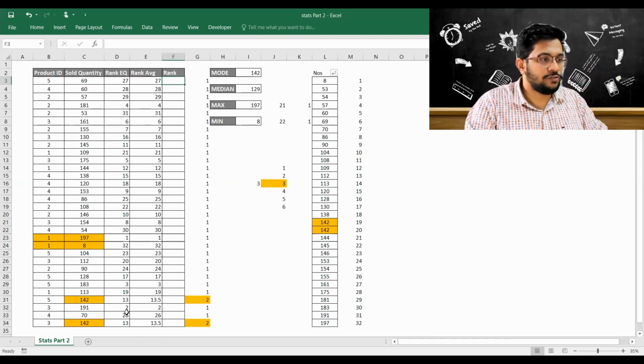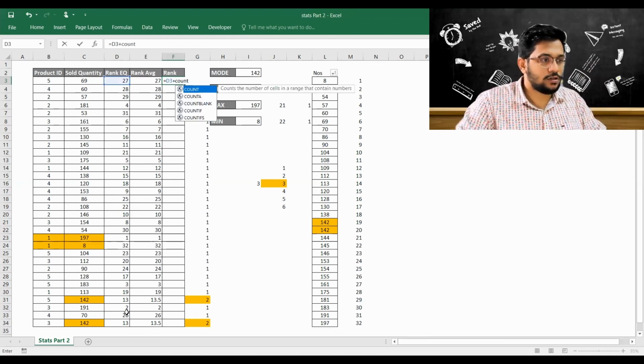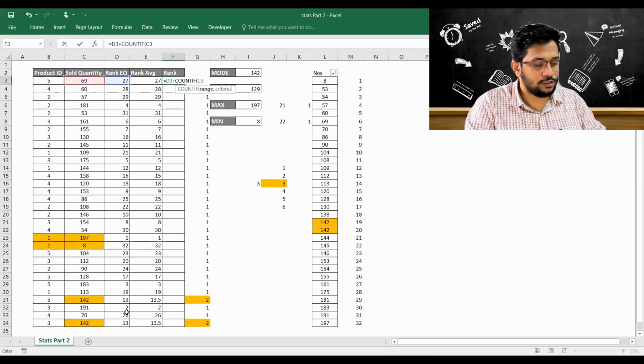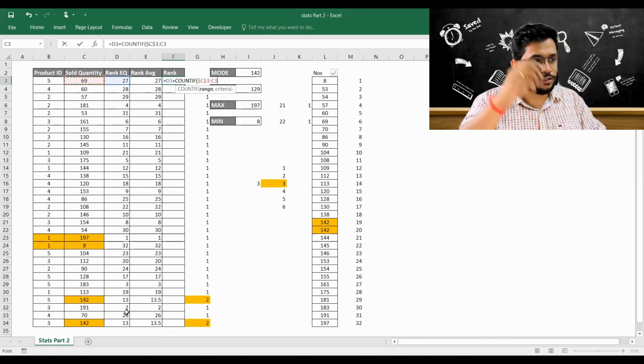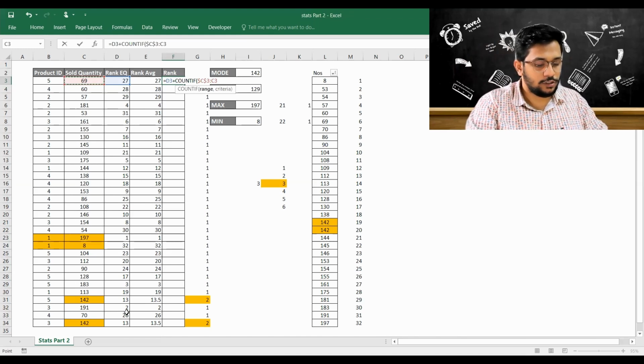We will go equal to this RANK.EQ plus COUNTIF, range is C3 to C3, because till here how many counts have happened for this, then criteria will be again C3, and then close, minus 1,